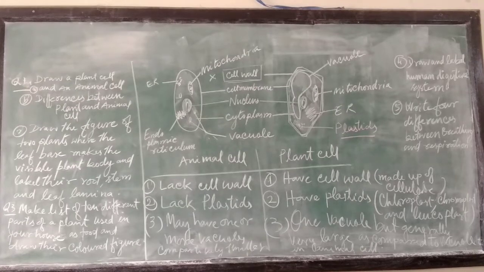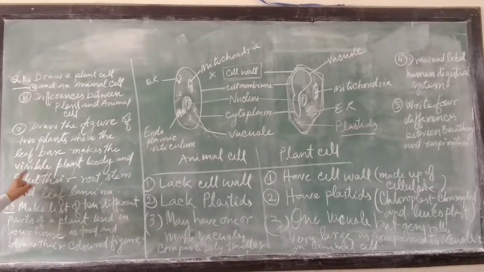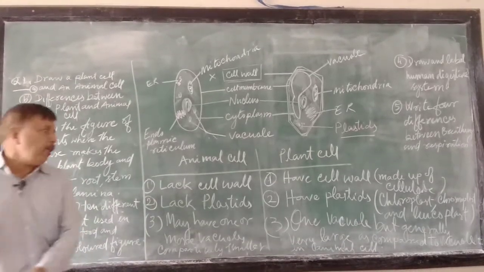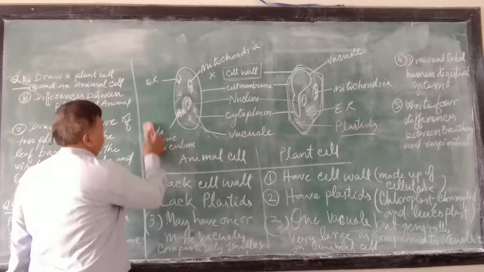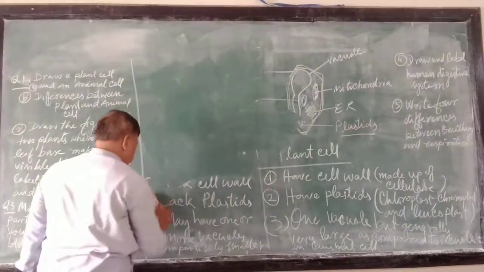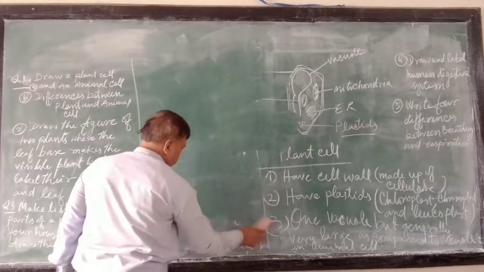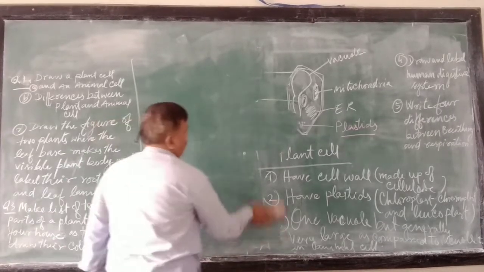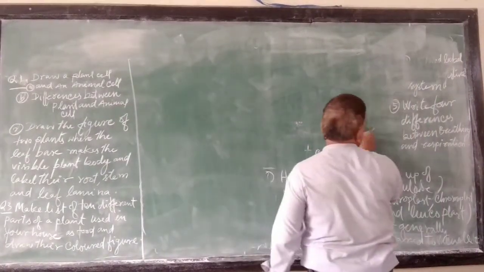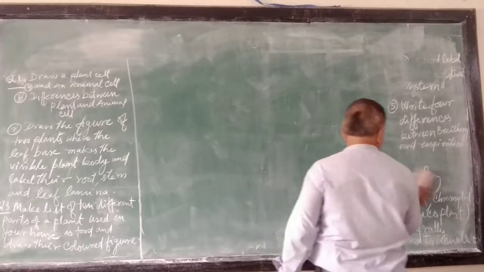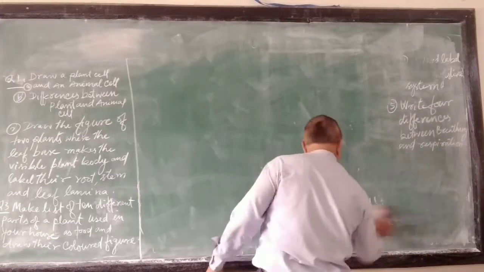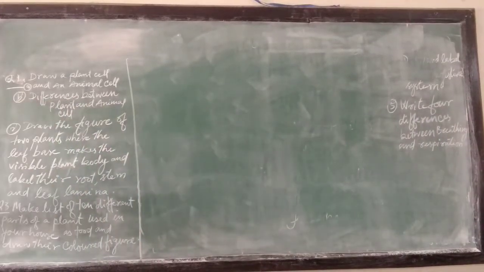Draw the figure of two plants where leaf base makes the visible plant body, right. So, here you may have the doubt or you may have been finding it difficult to understand. So, I will just let you know this, explain this question, and it is very easy. You see, the second question is,